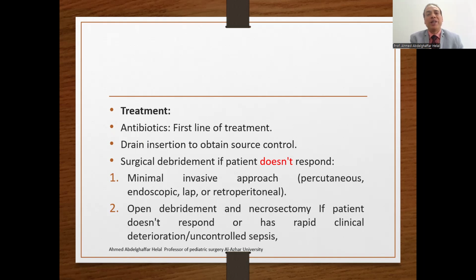So the trend nowadays in most literature is to treat even complications of acute pancreatitis in a stepwise manner, starting with a less invasive approach. At first, to perform an interventional procedure, then a laparoscopic procedure, and finally, if these measures fail, you can shift to the primary open debridement and necrosectomy. It's important for the pediatric surgeon to be aware of these changes in the management of these types